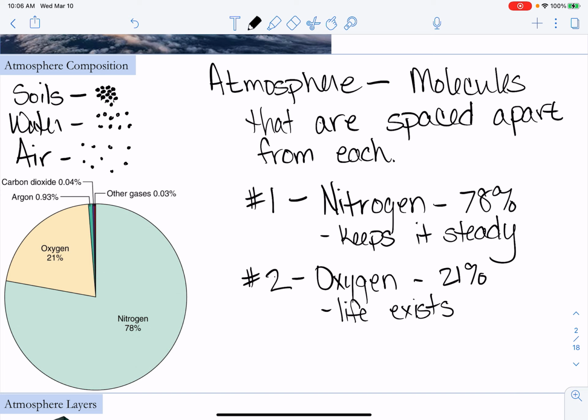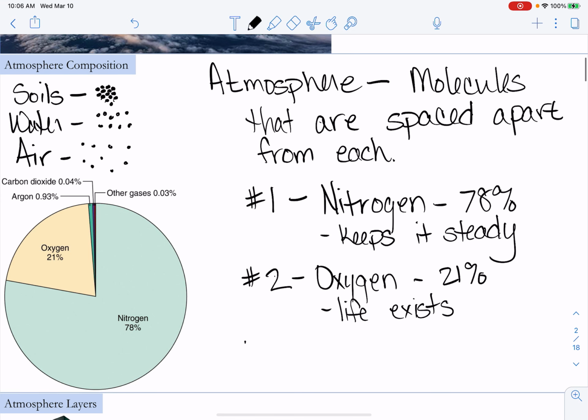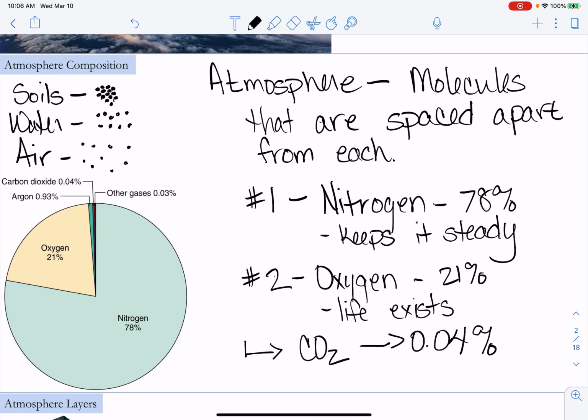And then all the other gases are just sort of minuscule marks. So I'm going to put in here that we do have CO2, and that it is very, very small. And the reason why I'm talking about CO2 now is because with global warming talks and everyone saying, oh no, carbon emissions, you might think, well, what? It's only a very small percentage of our overall atmosphere. But we'll talk about why carbon dioxide, while a small component, has a big impact on our atmosphere.